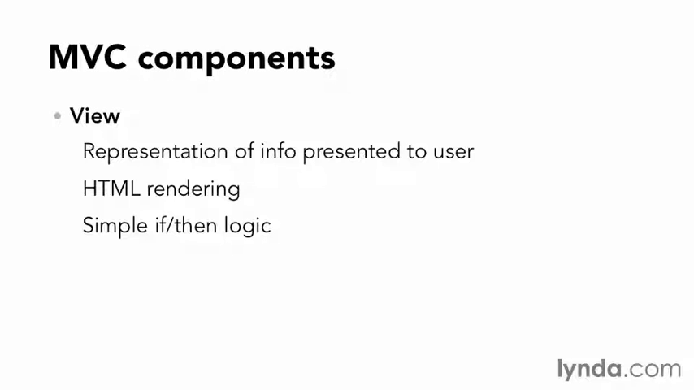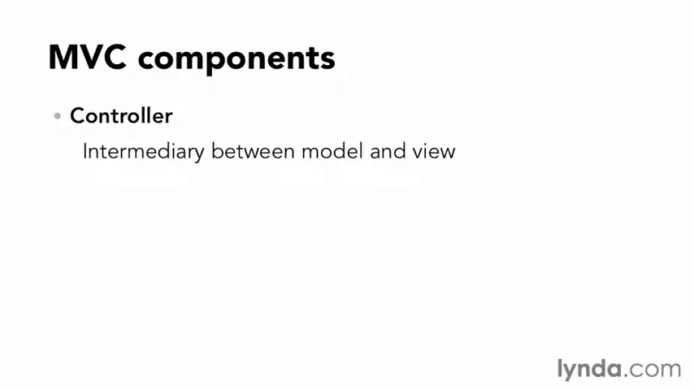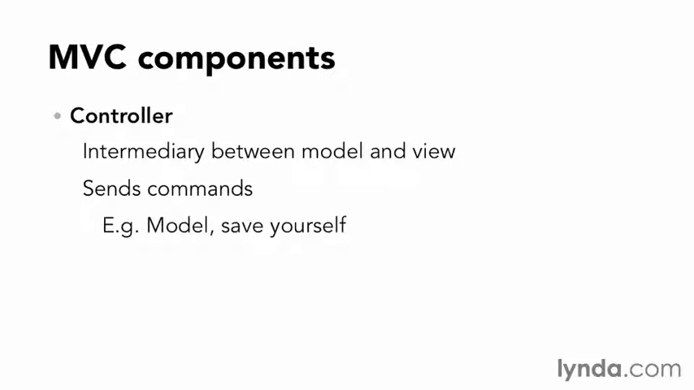Anything that takes more logic than that, like deciding what to do based on user input, is delegated to the controller, which serves as kind of an intermediary between the model and the view. The controller sends commands to the other components, like model, save yourself, then view, show a message saying that the